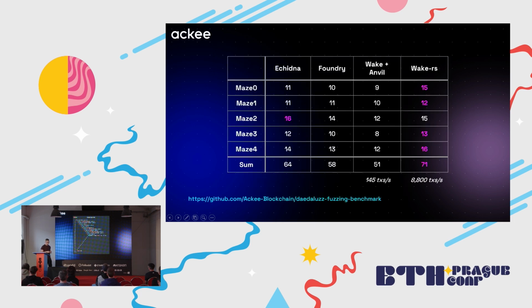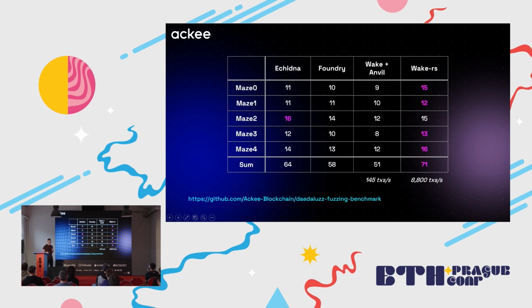And let's finally see the results. So as I said, there's 5 different mazes, and we have the most popular fuzzing frameworks for Solidity smart contracts here. So there's Echidna, there's also Foundry, there's original Wake just in Python, but with Anvil as the backend for EVM execution. And as I said, we have open sourced a new addition to Wake. It's a testing framework written in Rust, and we call it Wake RS. And so you can also see the differences. Otherwise, what's also important to say, the numbers here are how many issues we have found within those 20 minutes.